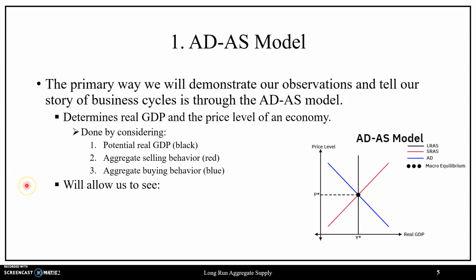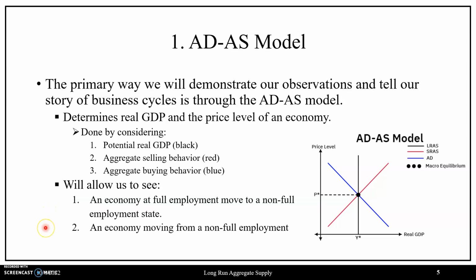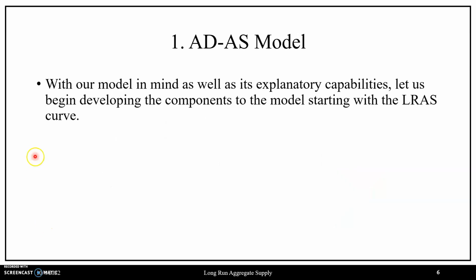And additionally, in terms of this model, although it determines the real GDP and price level for an economy, which is very useful, and grants us insight on the unemployment rate and inflation rate, a further explanatory capability of this model is that it will allow us to see an economy at a full employment state move to a non-full employment state, and an economy at a non-full employment state move back to a full employment state. So overall, consider the entire narrative of a business cycle. So then, with this model in mind, in terms of its explanatory capabilities, let us now begin developing its components,